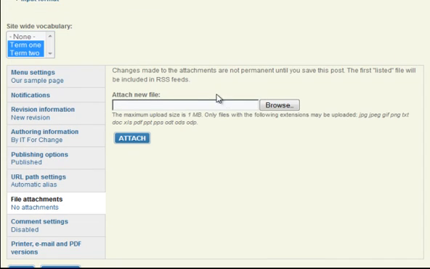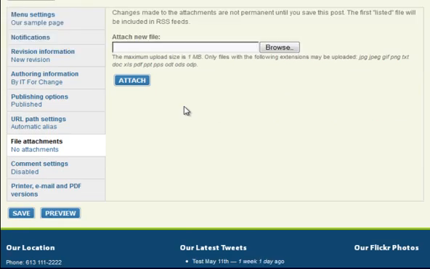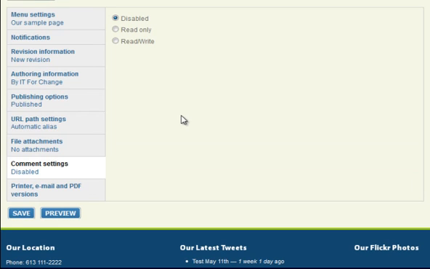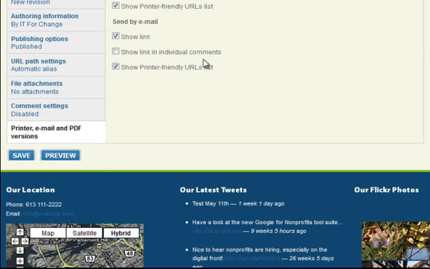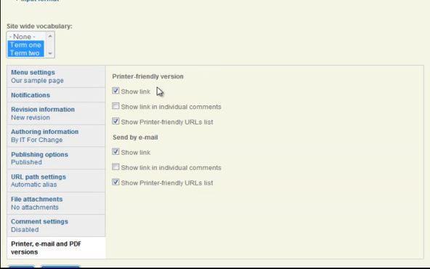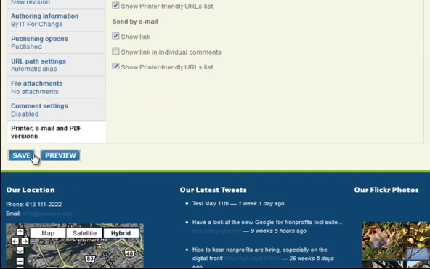You can attach a file to your content if you want. I'm not going to do that, but you might want to put an image there, a PDF, etc. Comment settings, I don't want our users commenting on that, so I've disabled it. And we have a print link showing up and also an email send by email link showing up. So everything looks good. I'm going to click save,